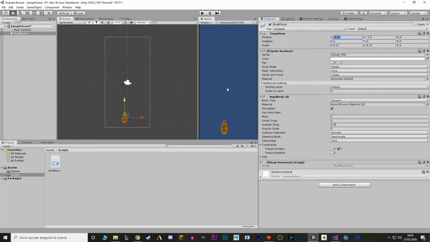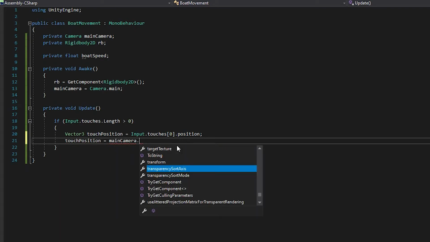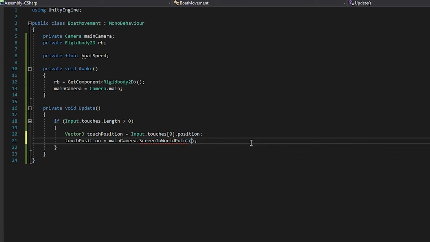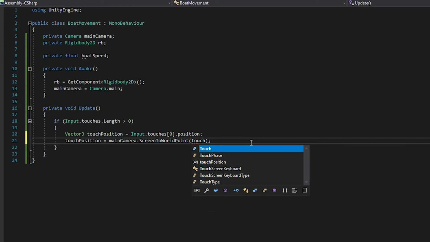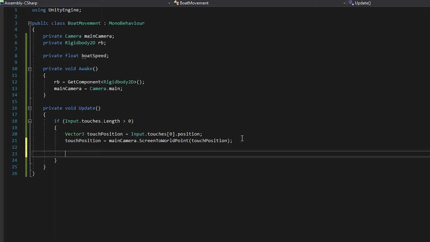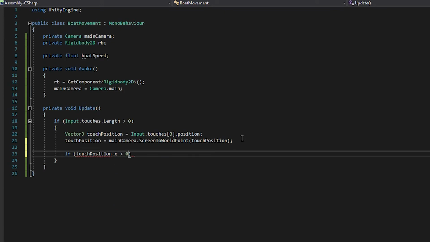So now we want to know when the player is touching the left side or the right side of the screen, but in world coordinates. It's actually really simple. We just say touchPosition equals Camera.main.ScreenToWorldPoint, and we feed it our touchPosition. Okay, so now we have our converted touch position. This way we'll know when we touch the screen the coordinates of the world. We want to see if it's on the right side of the screen or on the left. So we just check if touchPosition.x is greater than 0,